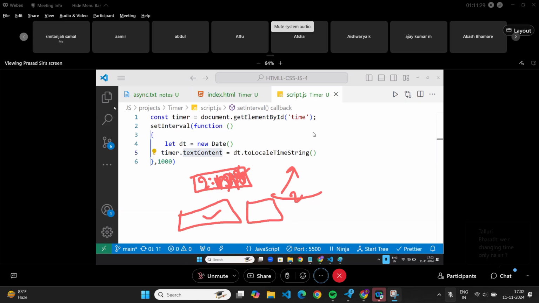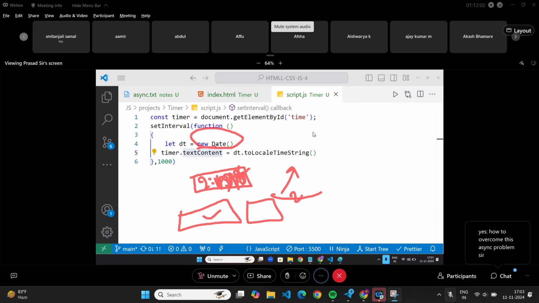We are changing the time only, na, sir. Yes, we are asking for the time every time from JavaScript. This function is giving it every time from JavaScript, and we are updating it. How is date useful? Date is useful to get the time, date, month, anything. If you write new Date, only then will JavaScript give you the time. The browser will give you the time because date is stored in the browser. The browser gives the time and date based on its function. Date is also a browser feature.